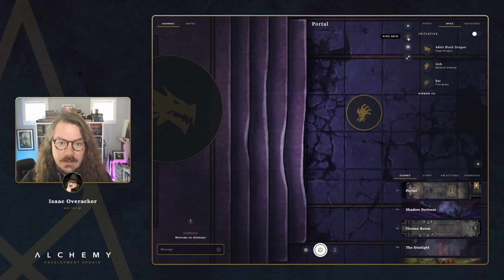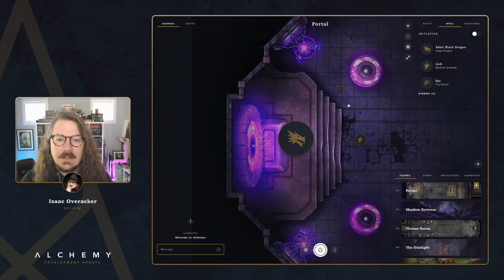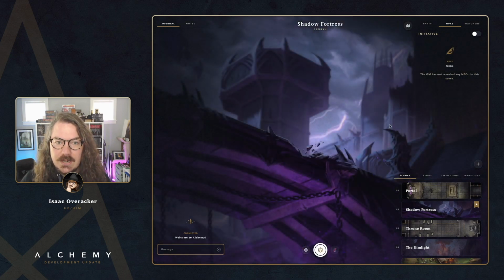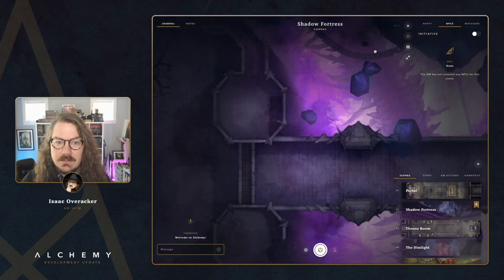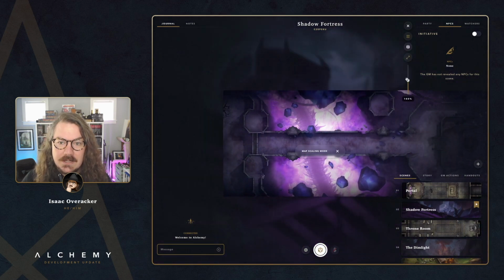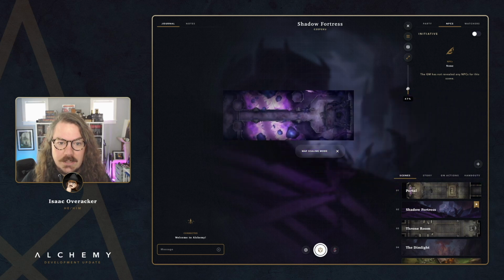Of course, our grid is hard to see right now, but that's coming up next. This also works for animated maps, so I'll switch over to this Shadow Fortress from Cheipeku and go into tactical mode for it. And you can use the map scale just as easily here to change the scale of this